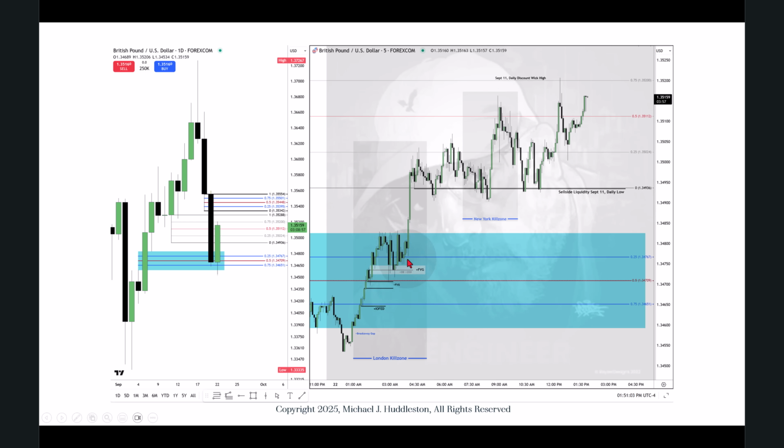Once more, accumulates around the upper quadrant of that old bullish fair value gap. That's this level here. And springs out of that, comes back down. It's the low of the sell side liquidity pool of September 11th, daily low. That's this low right here. Okay. So it sweeps the liquidity below that low here, once more here, once more here, and look at the bodies respecting it here, and then sends it higher, accumulates around the lower quadrant